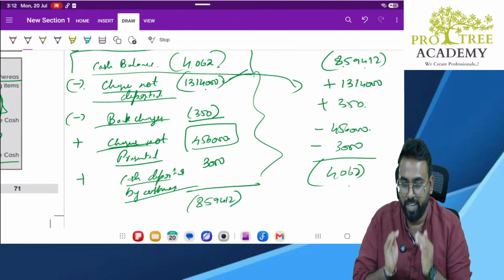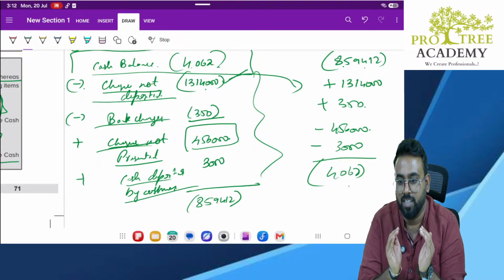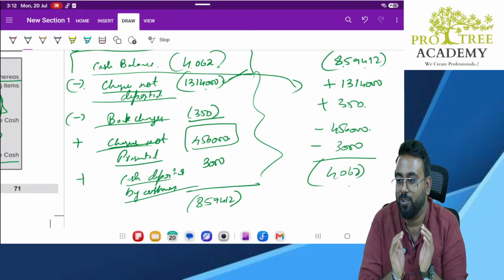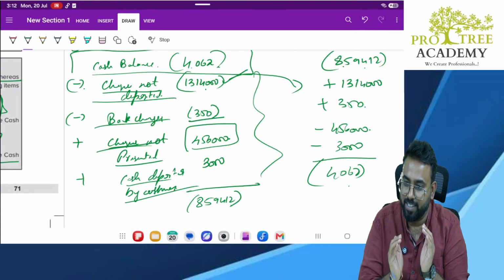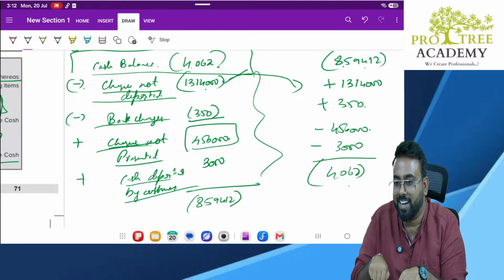The problem is, the moment you see balance in brackets, your mind also starts behaving differently. Correct or no? Don't make it behave differently. Behave the same, correct? Only thing is, while using the